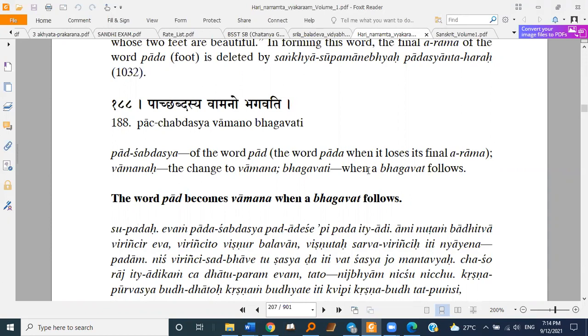The word Pad becomes Vamana when a Bhagavat follows. Okay, the word Pad becomes Vamana when a Bhagavat follows. So Pad becomes Vamana, meaning